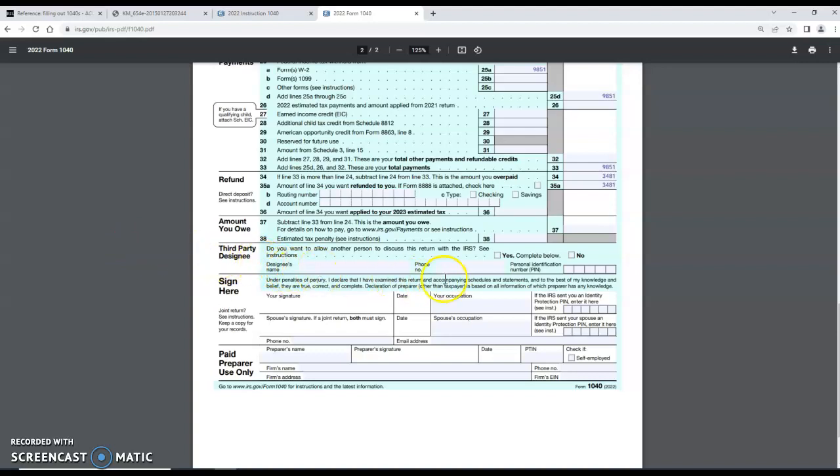Third-party designee, that is if Thomas wants somebody else to be able to talk with the IRS. So if the IRS has a question, Thomas is giving his pre-approved notice that the IRS can call this particular person, and there's a PIN number that has to be put in. That person has to give the IRS the correct PIN number, and then the IRS would talk to that person instead of Thomas, or in addition to